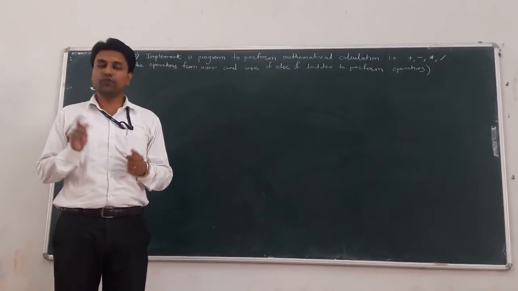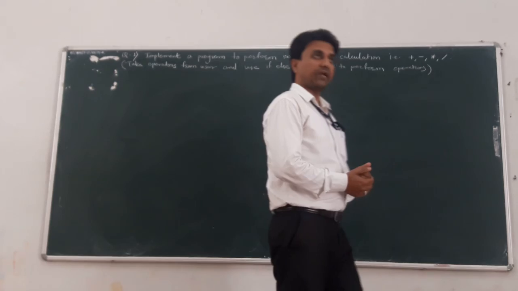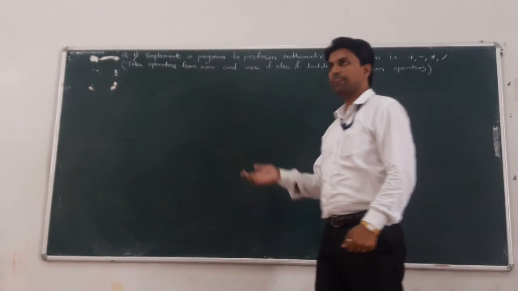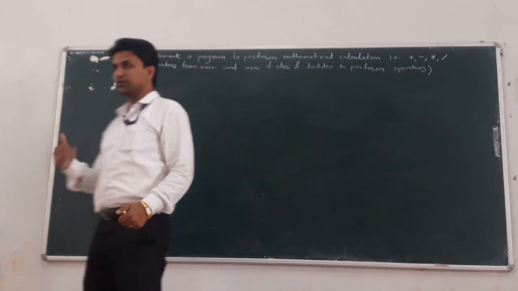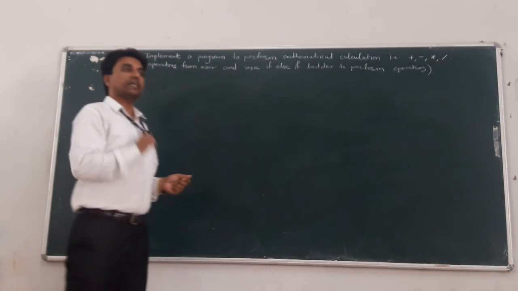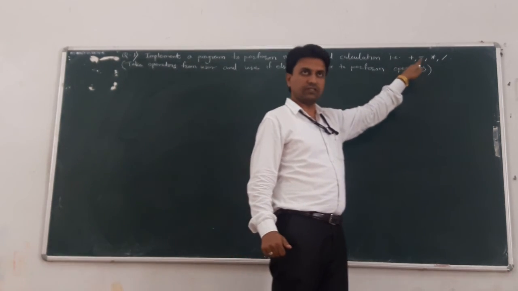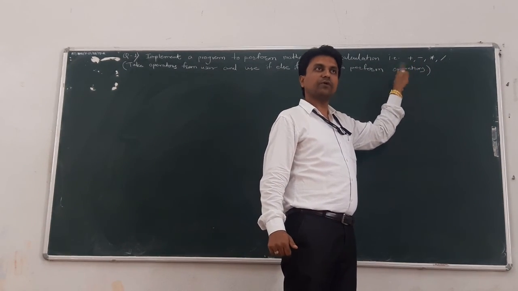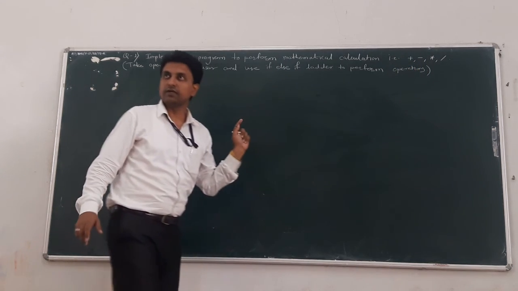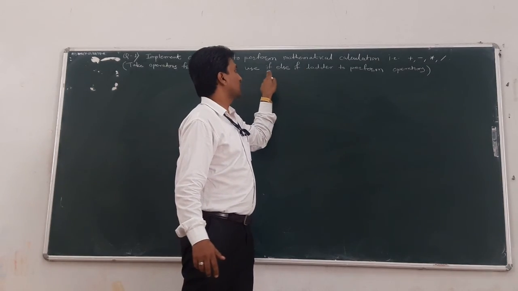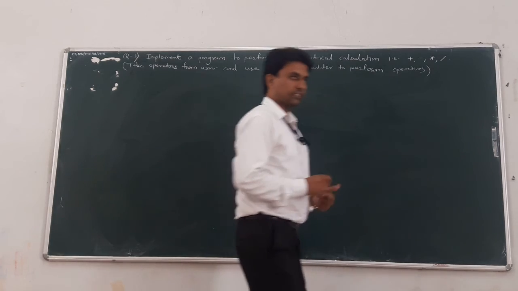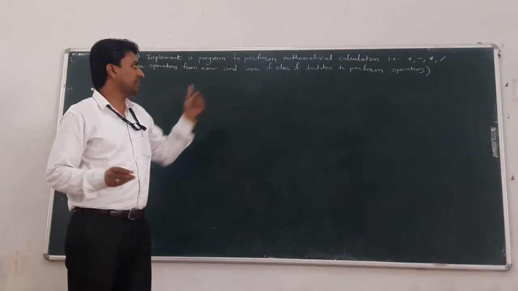Here we want to scan two operands first, because all the operators are binary operators. So take two operands from the user, two integer values, as well as an operator from the user. Then and only then can we perform the addition, multiplication, division or subtraction. Clear? But what to use for solving this type of problem? If else if ladder. Now first, what is the syntax of if else if ladder?